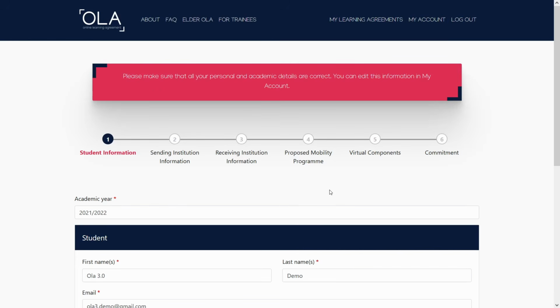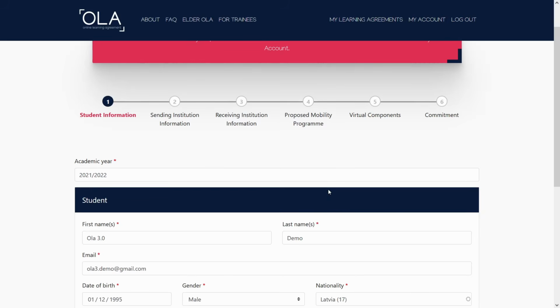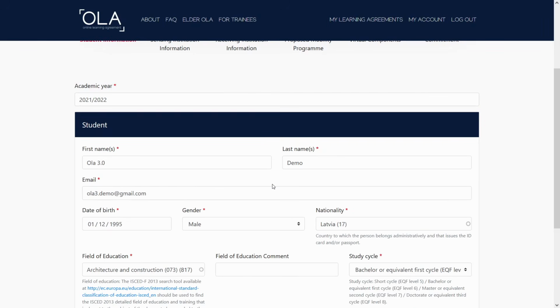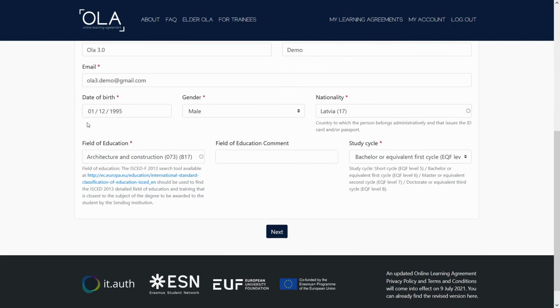The first thing that we're asked to do is double check the student information. So you will see here a copy of the details you already left during the sign-up process, so it's a matter of making any last-minute corrections if they're needed. It's also important that you select the correct academic year for when you're going on exchange, which might be different from the current academic year. If we are happy with all the information here, we simply click Next to proceed to the next stage of